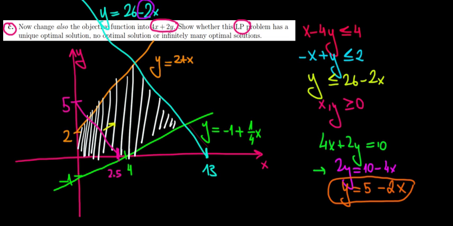And the slope shows that the lines are parallel. The purple line that we're shifting right now has a slope of negative 2 because we just saw it's 5 minus 2x. The blue line also has a slope of negative 2, meaning that they are parallel to each other. The only difference is the intercept. So we can shift the line until we reach this blue line. On this blue line, whatever combinations we can have is going to give us the solution,